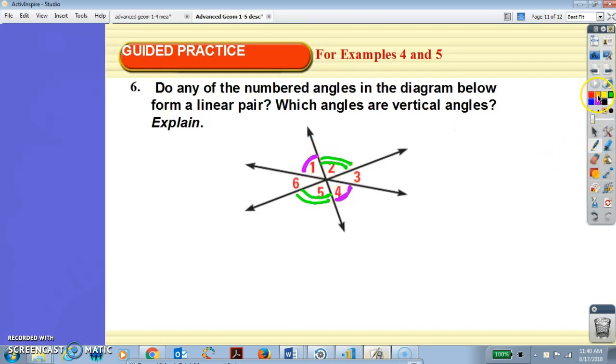All right. Another one. 3 and 6. All right. Those are your linear pairs. Did I just say linear pairs for those? What am I thinking? Did I say linear pairs or did I say vertical angles? Scratch that. I'm talking about vertical angles. So 1 and 4 are vertical, 2 and 5 are vertical,